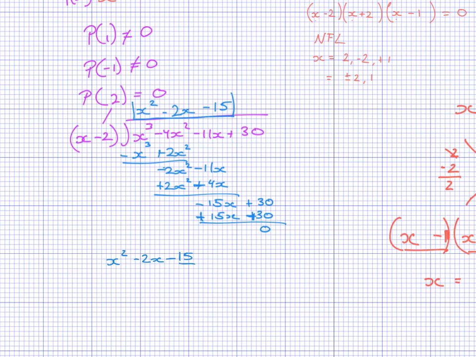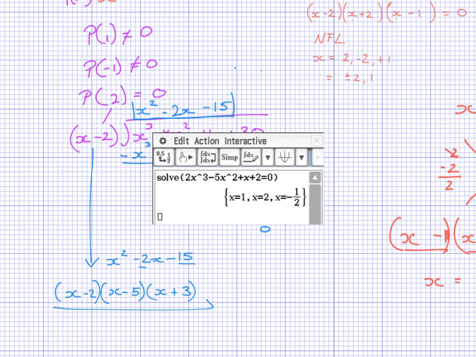So factors of 15 that add to make minus 2 are in fact 5 and 3. That needs to be a negative to produce negative 2. So there's an x there, there's an x there, and my third factor just drops to the front here, x - 2. So this has been factorized using a combination of remainder theorem and long division, and then factorizing the resultant quadratic by sight. To do this on your Casio, you're just going to need to use the solve function,